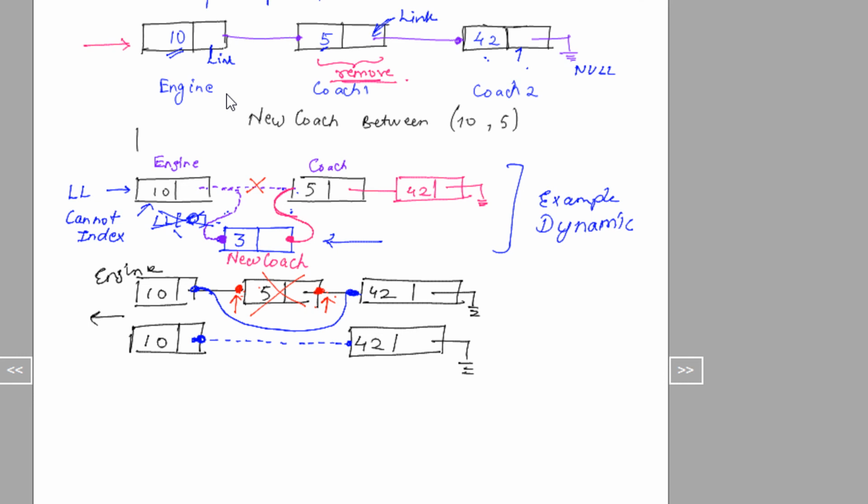Whereas in arrays you can directly index A of 22, A of 45. Directly you reach that location. Why? Because they are stored in a contiguous fashion. But it does not happen in a linked list. For a linked list, let's say there are 1 million nodes, that is 10 lakh nodes, and you want to access that 10 lakh element. You have to start from the engine, that is the first node, and then go up to the last node. Fine. So this is the concept of a linked list.